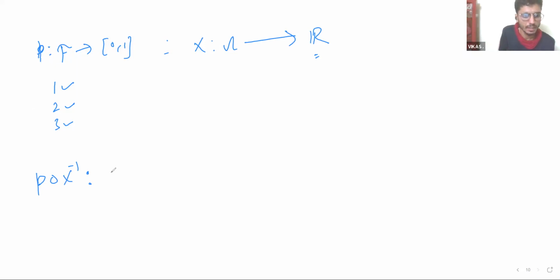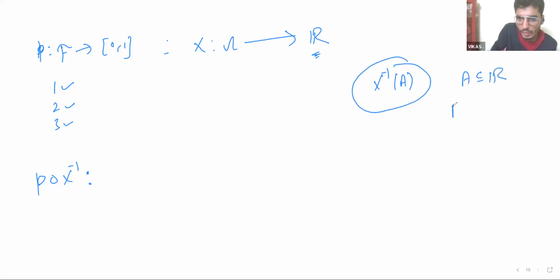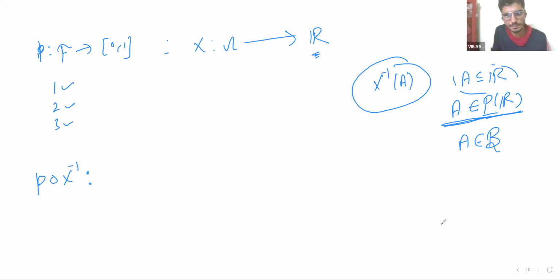So X inverse of A is defined only when A is a subset of R, or I can say A belongs to the power set of R. Take care: here it is working as a subset of R, and here it is working as an element. So this is the power set of R, which means A belongs to script B. Script B is the power set of R.